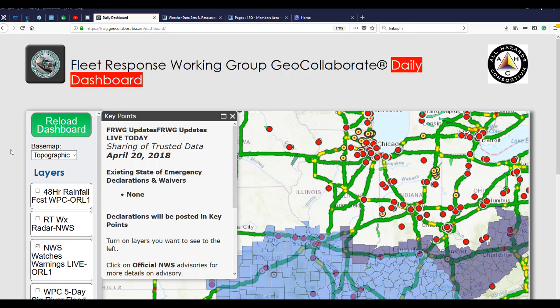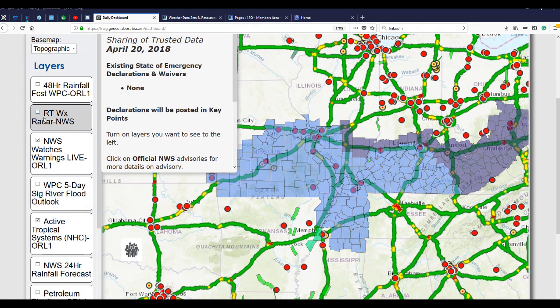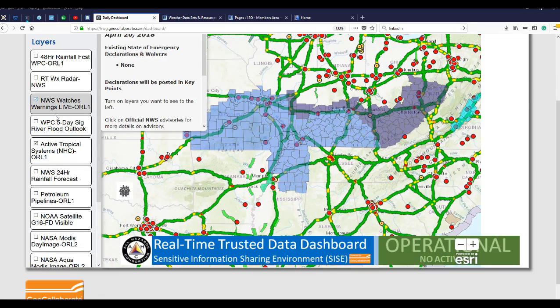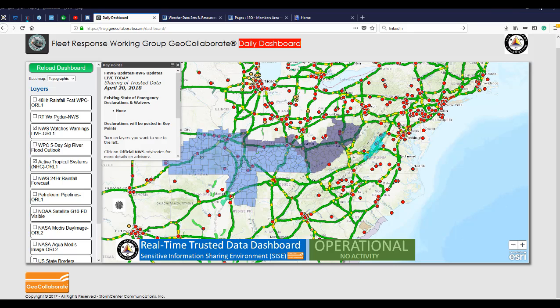So the real-time weather radar, and as a matter of fact, Tom, we're also debuting a new banner. Once Tom zooms out later, I'll show you the banner. Oh, there you go. Very good, Tom. So we have a new banner at the bottom that says All Hazards Consortium Real-Time Trusted Data Dashboard from the Sensitive Information Sharing Environment. And we have the operational green, no activity, just meaning,